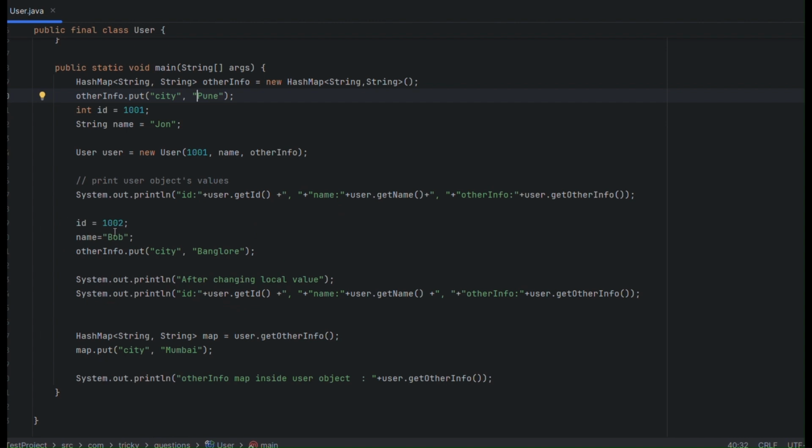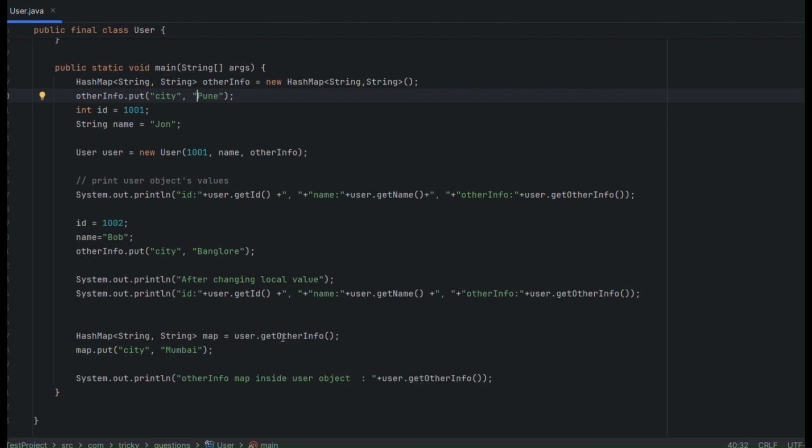Each local variable has different values: ID is 1002, name is Bob, and city is Bangalore. Then again I will print this and check whether the actual values in this object got changed or are immutable. So this line should return the actual values only because we can't change those values.